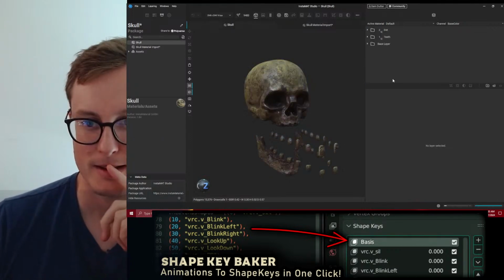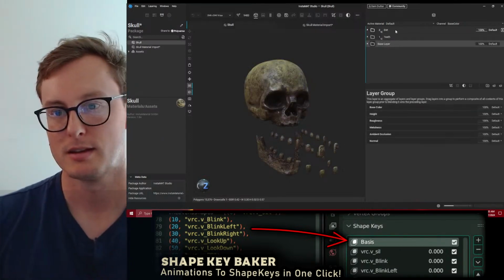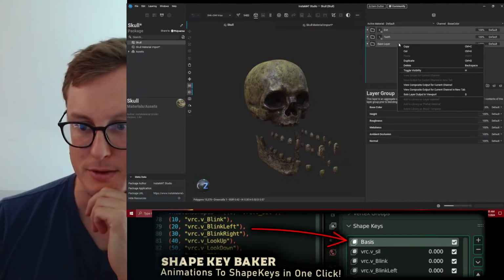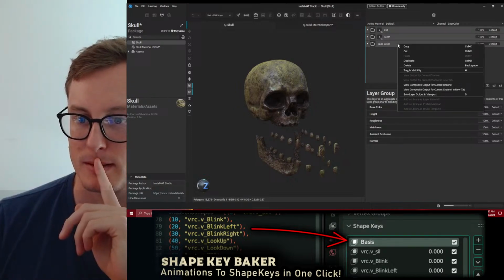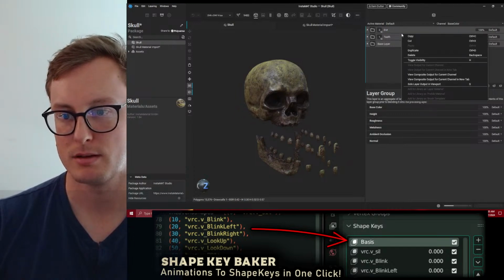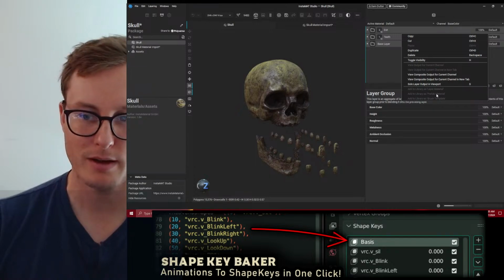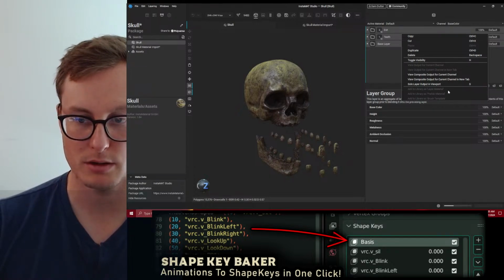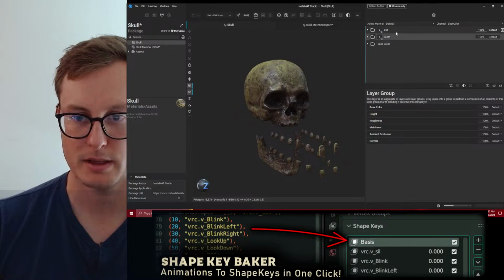All right, so skull. Now there's one other option I have here, which is I can select my stuff. Prefab material, layer material. Let's just say dirt.